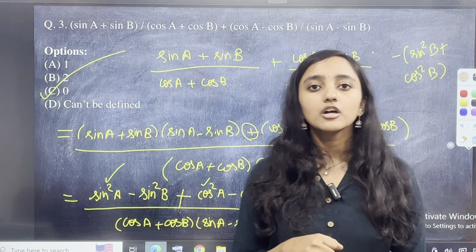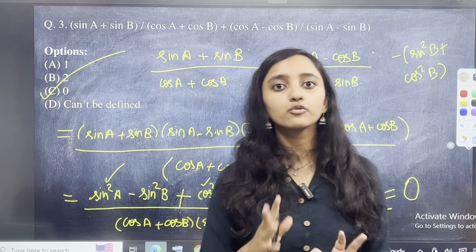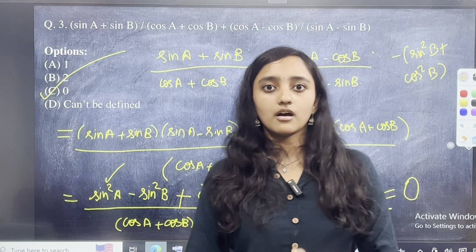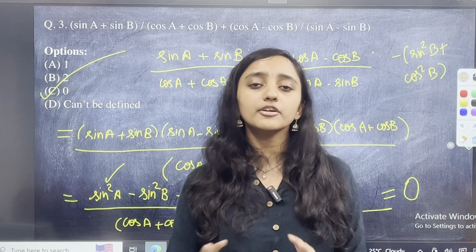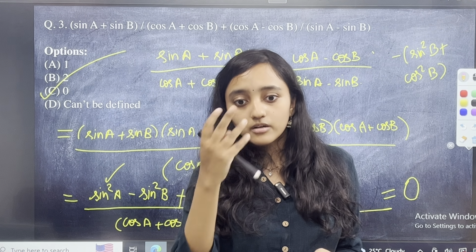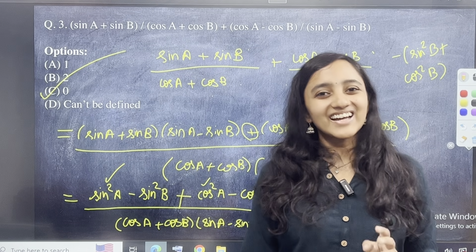Point number two, don't get intimidated by looking at the type of proof question because अगर कुछ समझ में नहीं आना आए बस क्रॉस मल्टीप्लाई कर देना और डिनोमिनेटर को कॉमन रखना. Once you keep the denominator common, आपको रास्ता दिखाई पड़ना शुरू हो जाएगा. Okay, that is point number two.